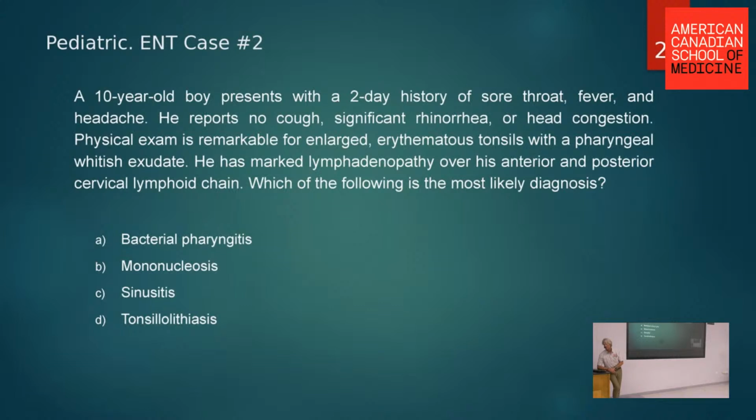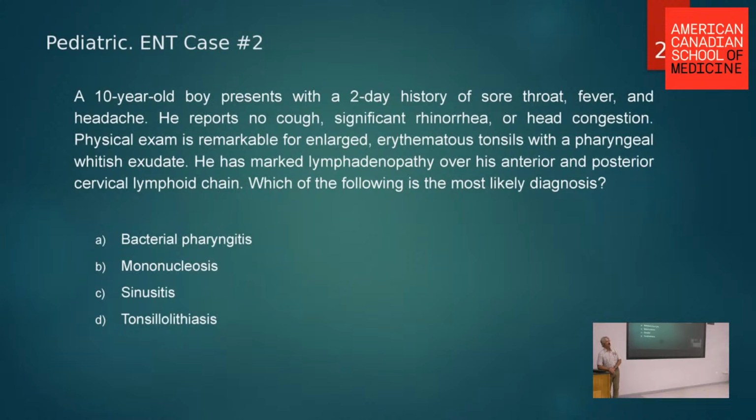PE is remarkable for enlarged erythematous tonsils with a pharyngeal whitish exudate. Marked lymphadenopathy, anterior and posterior cervical lymph node chain. Which of the following is most likely diagnosis? So we'll start at the bottom,